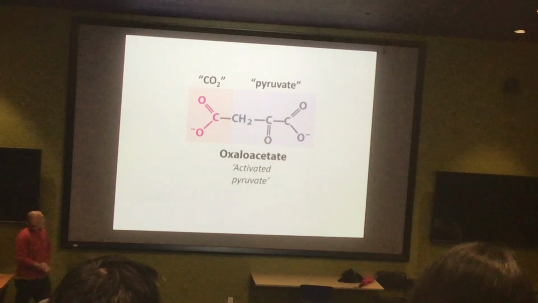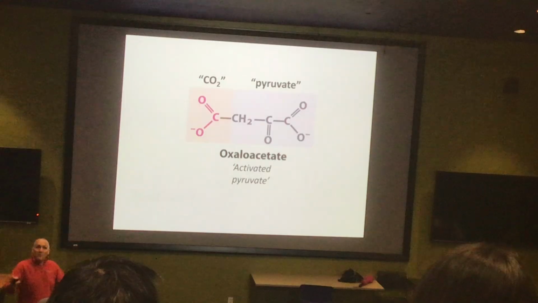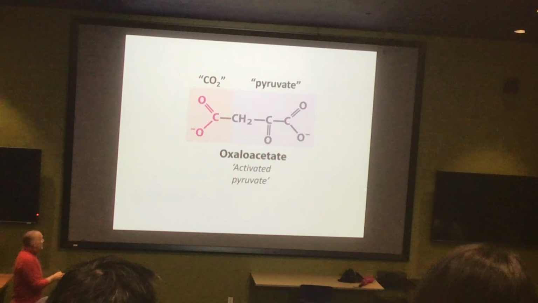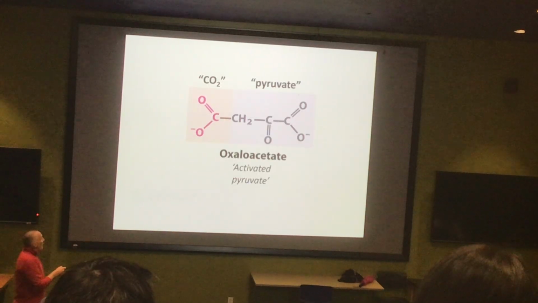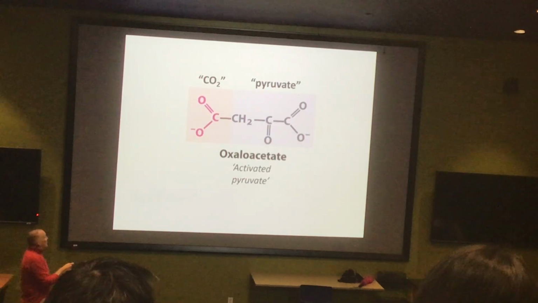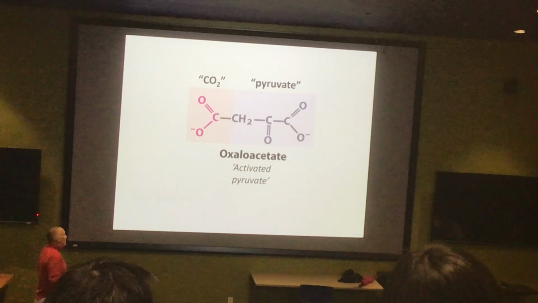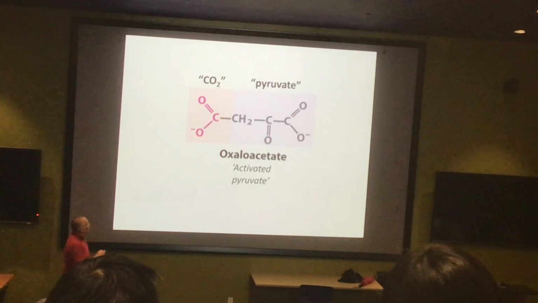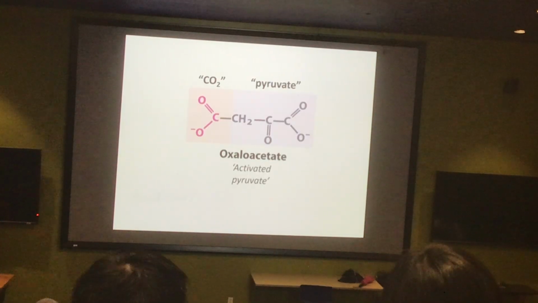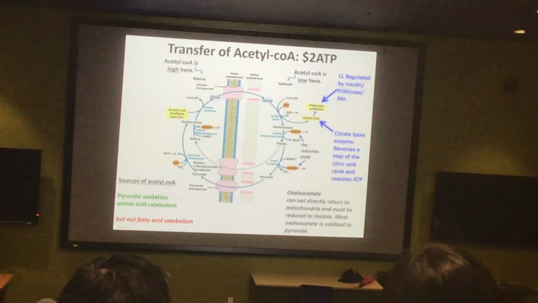We saw something similar before, right? This isn't new chemistry. This is not the same enzymes, just to be clear, not the same molecules, just to be clear, but we've already previously seen that oxaloacetate could function as activated pyruvate. Again, these electrons could be lost. In gluconeogenesis, we actually saw the electrons delocalizing all the way down onto the oxygen and then grabbing the functional groups. But the same idea. We could essentially activate a molecule, make it more reactive by adding the carbon dioxide onto it, and then allow the carbon dioxide to come flying right back off. That's the basic chemistry, so it's something similar to what we've seen.